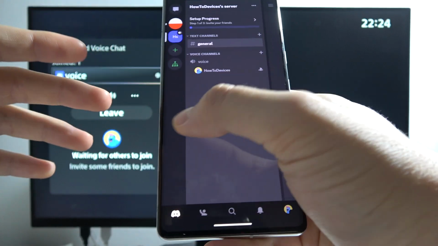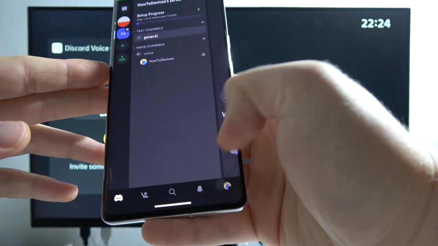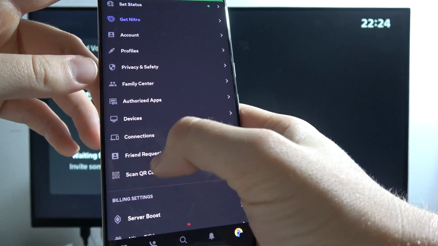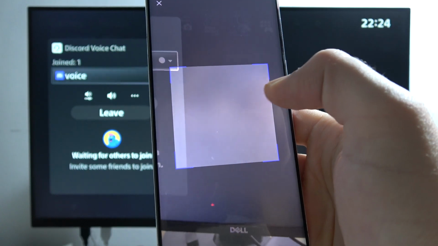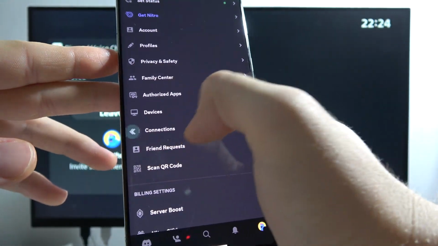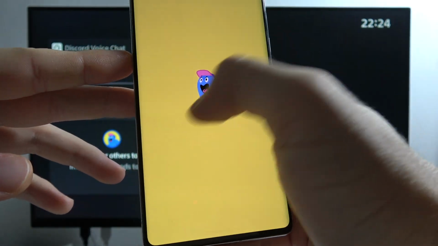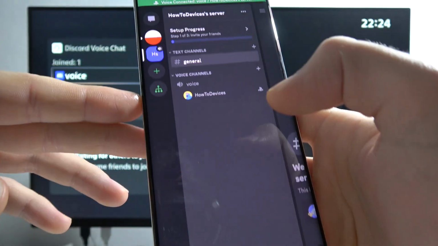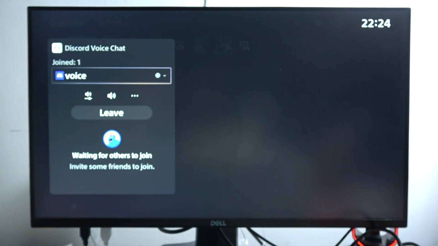So we can actually do this by scanning the QR code from here. So we can scan the QR code when you go into the settings and go to the link device. And after that, when you go into the Discord, you can enter the channel and then join as a PlayStation device. And that's the only way to do this. You cannot do this on the